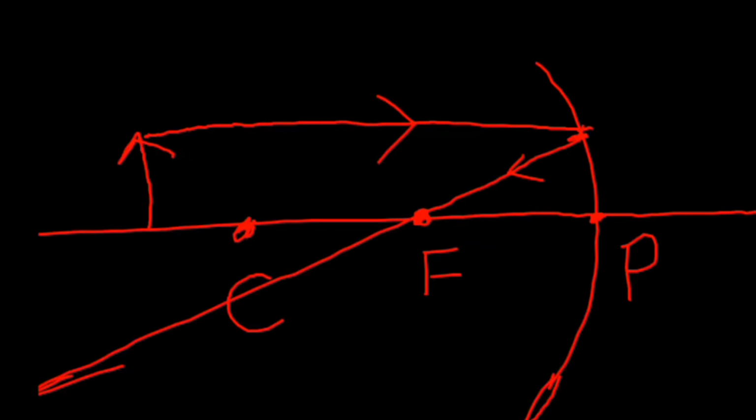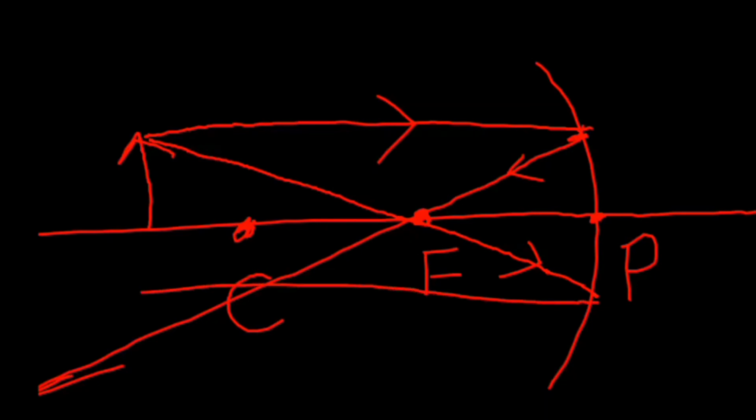Now the another ray of light, which also starts from the top of the object, passes through the principal focus and strikes the mirror. We know according to the rule that the reflected ray moves parallel to the principal axis. Okay. Both the reflected rays meet at a point. Mark this point and draw a vertical line from this point. Mark the arrow. So the image is formed. So here the position of the image is between F and C, and the nature of the image is real and inverted.